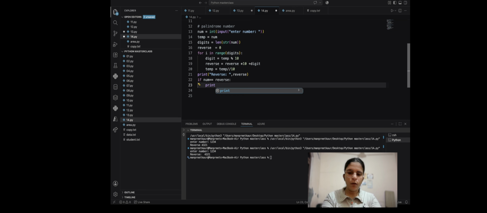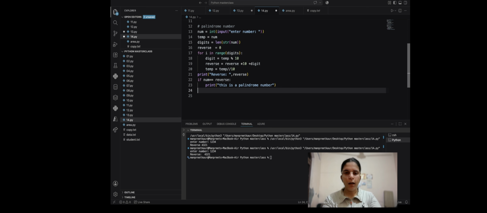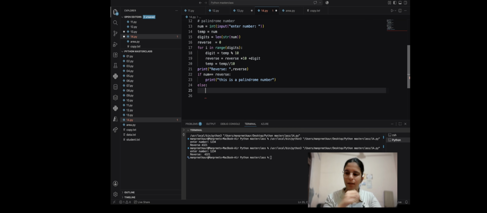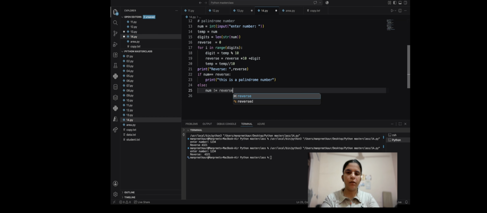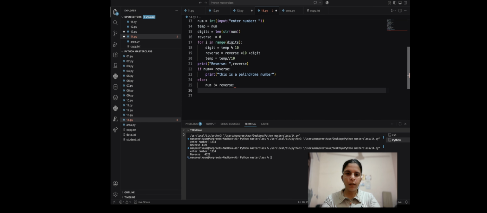What are we going to print? Print: this is a palindrome number. I was telling you that's quite a simple one. This is a palindrome number. Now else, if num is not equal to reverse. If num is not equal to reverse,